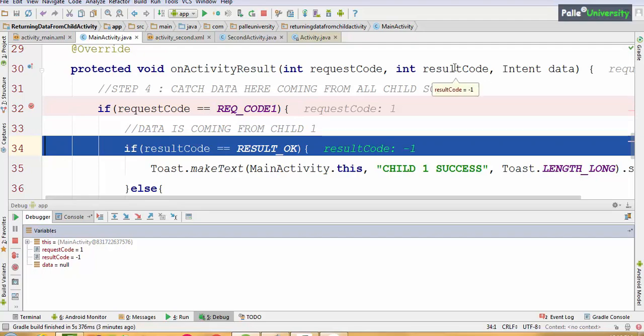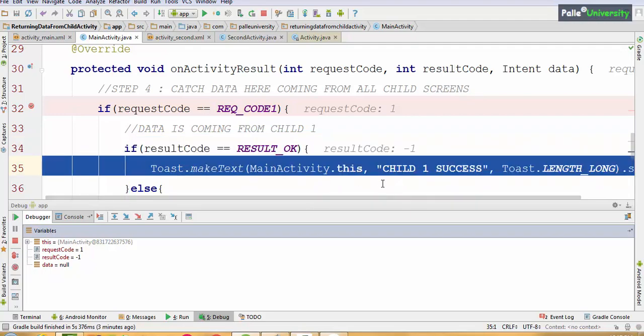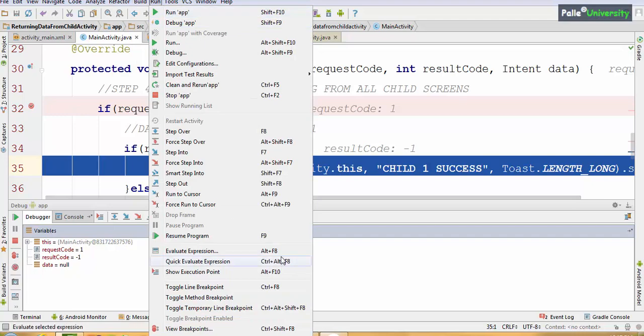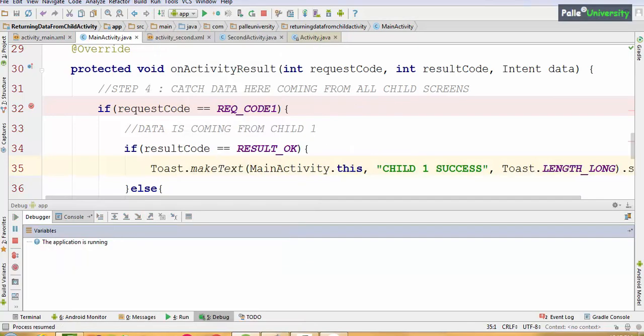It is entering inside, that means data is coming from child 1. Observe, if I move the cursor to result code, it is -1. That means the result coming from the child screen is RESULT_OK. So obviously this if condition will be entered and it will print the toast message child 1 success. Now I will press F9 one more time. It will print child 1 success. So I hope you understood.